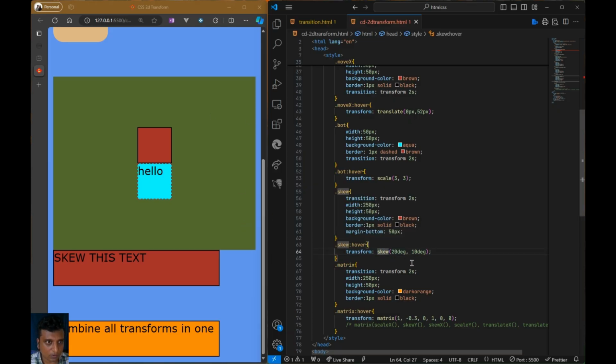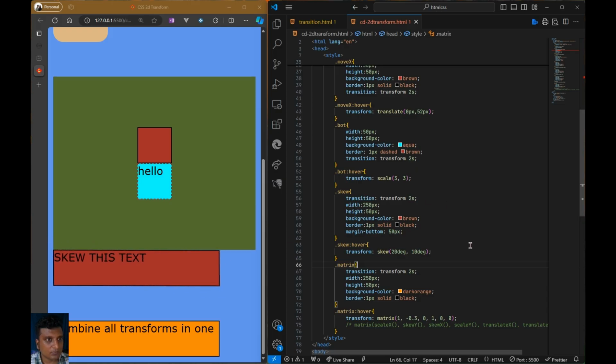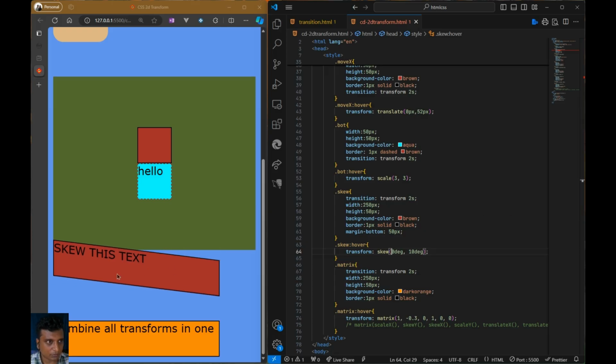I've set a skew property of hover, and in skew property, I've set two angles of skew. As you can see, it gets skewed by certain degrees on one side, one axis, and on certain degree to the other. This is getting diagonally stretched in a way. Let's say we only skew it on the x plane. This is what happens. Let's skew it only on the y plane by setting 0 degree skewing, and